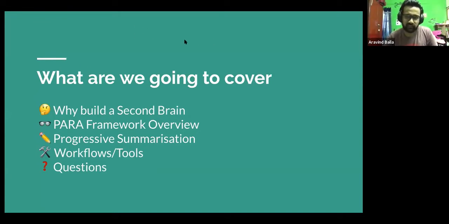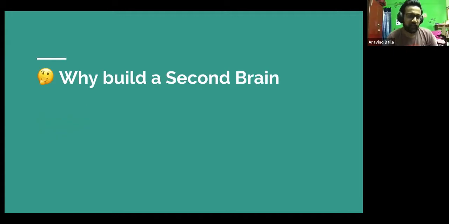Okay. So this is the overview that we've planned. First is why we need a second brain, then what the PARA framework is, and then there are a few techniques called PARA and progressive summarization. Then we'll end by showing you the current setups that I and Abhishek have. We'll share screens and show you how we organize our stuff. Okay, yeah, so first let's start off